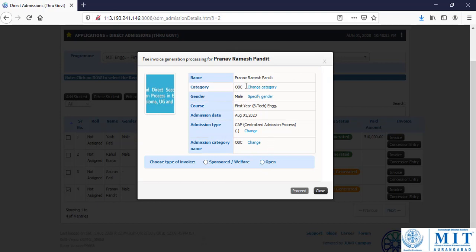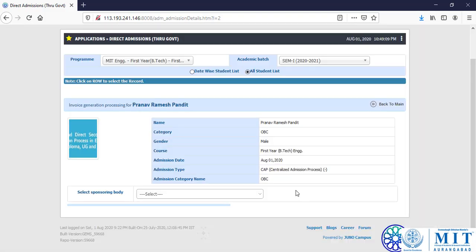Now this student has OBC category, so we are going to receive a sponsorship from the government for this particular student. So that's why we select the type of invoice as sponsored invoice, and we click on the proceed. See, this step is very important step, the generation of the invoice. So here we are not going to commit any mistake.